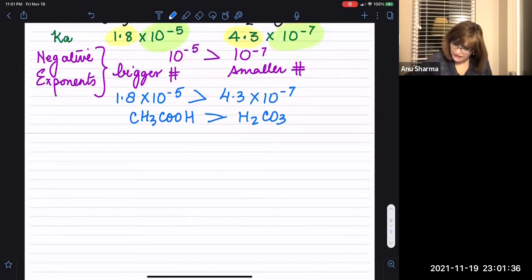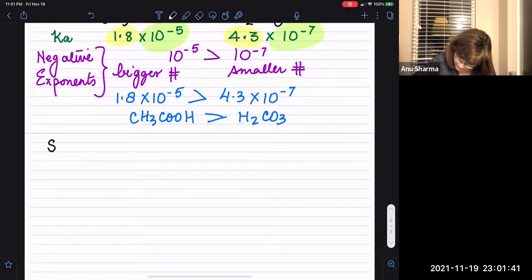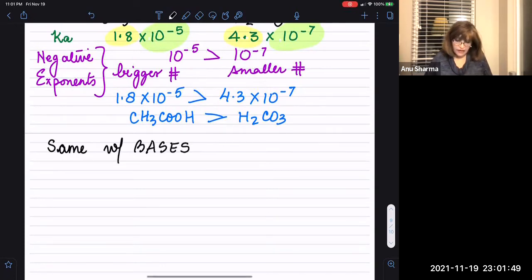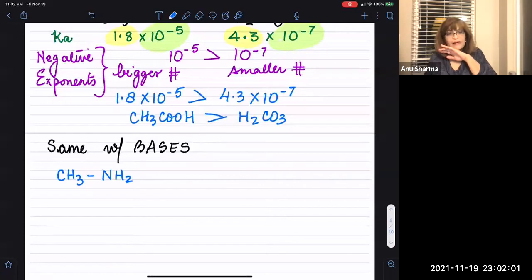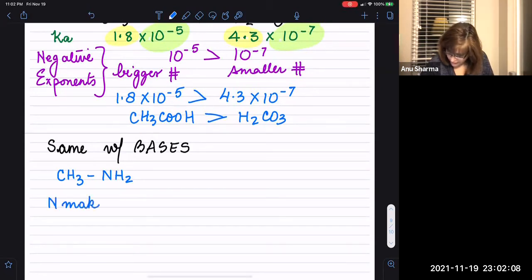The same thing applies for the bases also. Same with bases. So here you have CH3NH2. Anytime you have nitrogen, it's always going to be basic in nature. So nitrogen makes the species